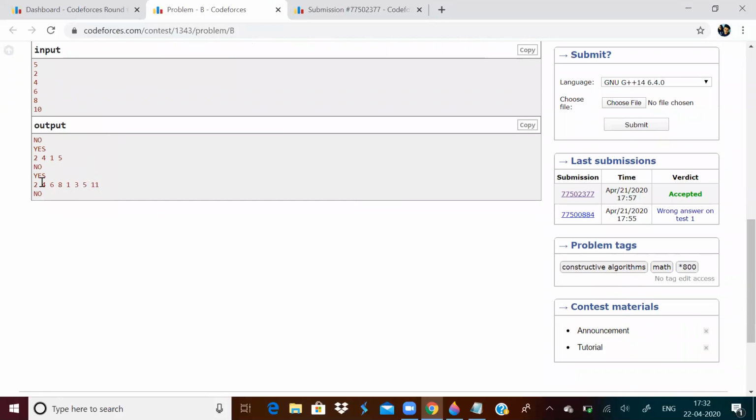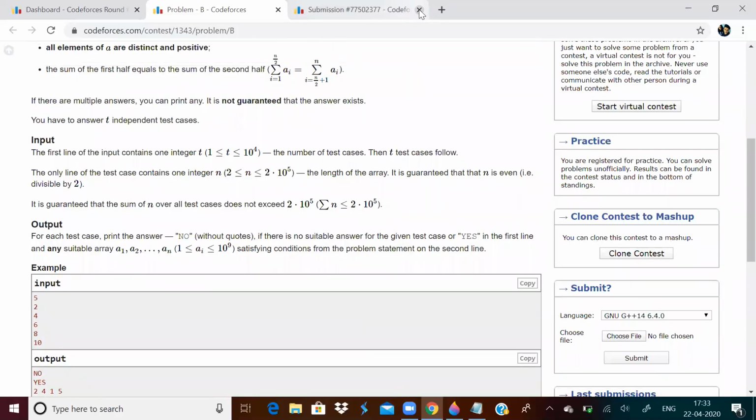Last element will be sum of first half minus sum of second half until the second last element. That is until here. Only these three. In this example, only these three. We can verify for this also. See, 2, 4. Then instead of 1, 3, we have 1, 5. What did I do? 2 plus 4, 6 minus 1, which is 5. So that's all. It was actually simple.